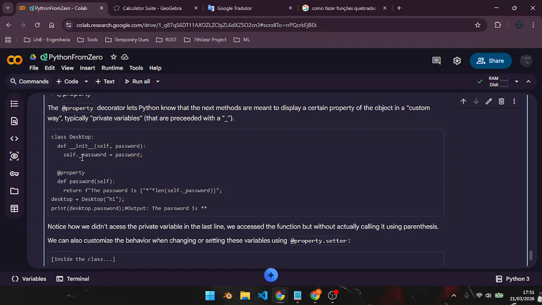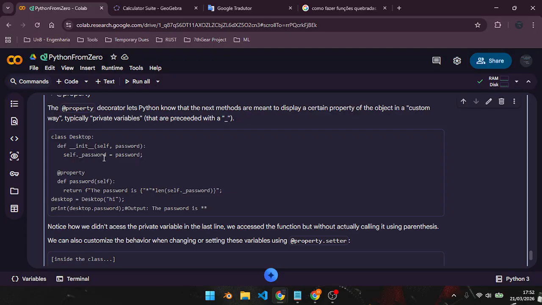Now, private variables are variables that are set into the object using this underline before. This means that, well, technically, they shouldn't be accessible from outside of the class, only from inside the class. But they are. I don't know. I'm gonna have to read about that more. Anyways, then you can set this up as a property. So def password. Whenever you try to do something with the property here, like print it, it's gonna follow this function. For example, I made a desktop class here, and whenever you create a desktop,